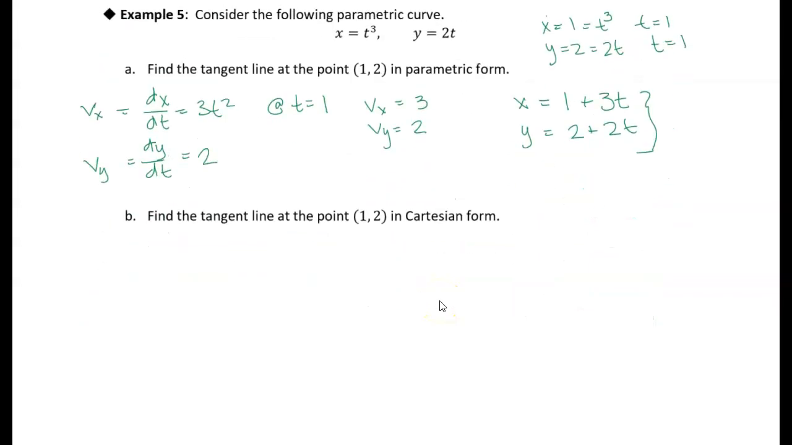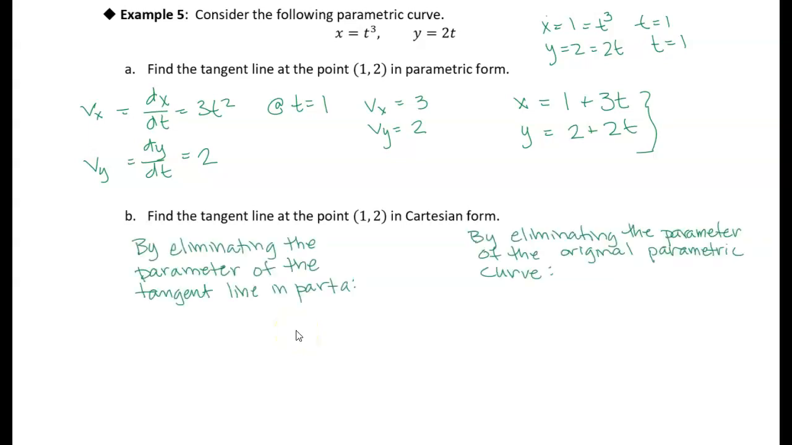All right, so let's take a look at part B here. We were asked to find the tangent line at (1, 2) in Cartesian form. Now I'm actually going to do this two different ways. One way is just to take those parametric equations for the line that we found in part A and eliminate the parameter. Okay, so I just wrote down what I'm going to do, two different ways. And the first way is just by